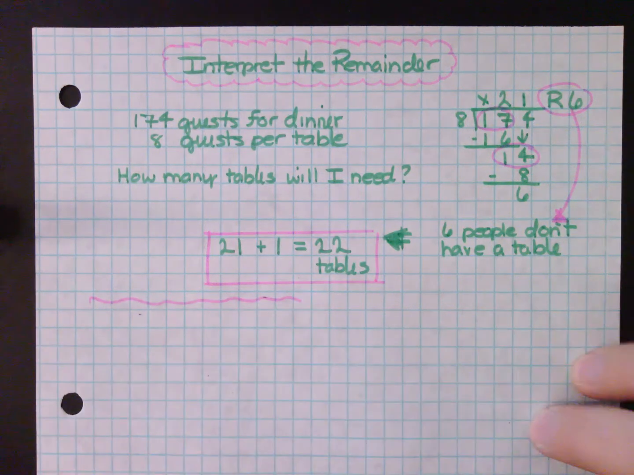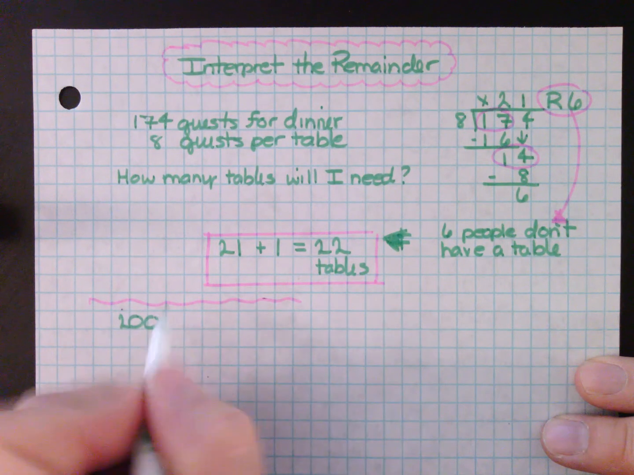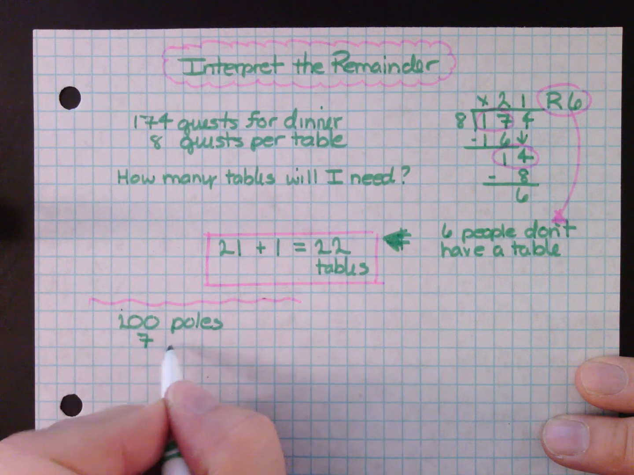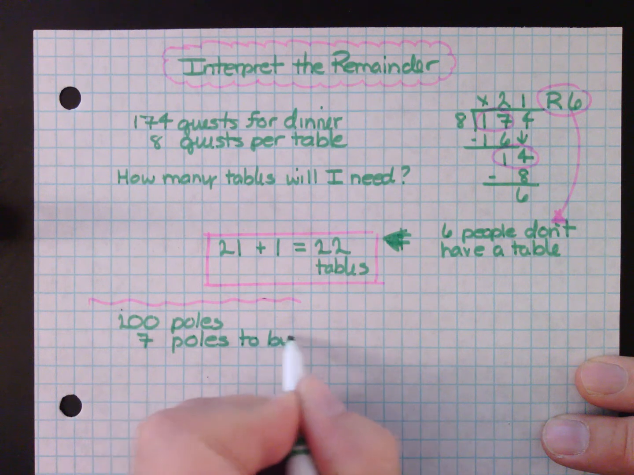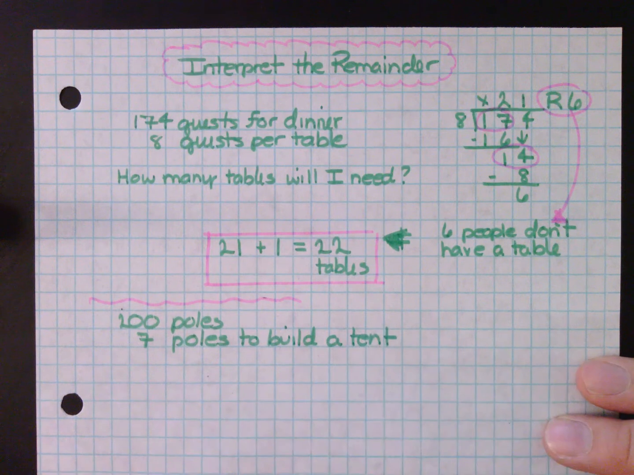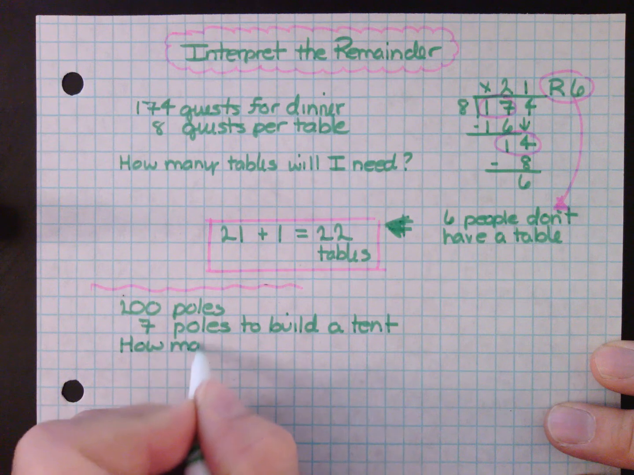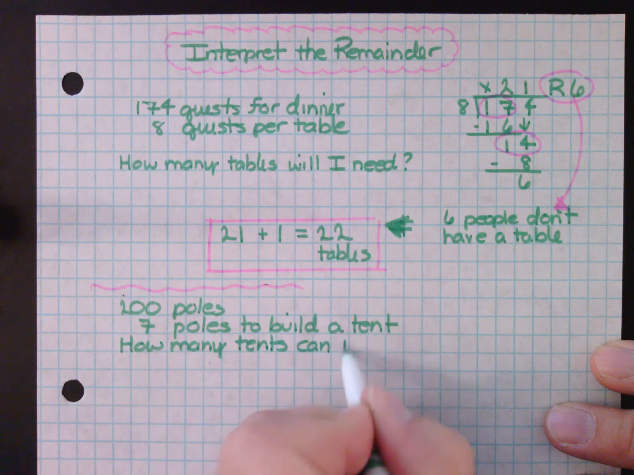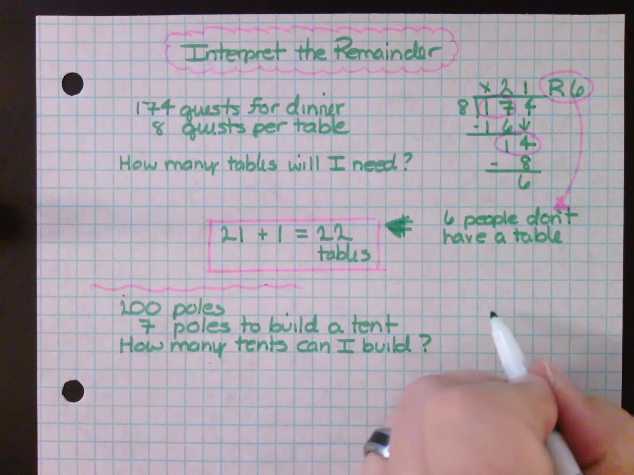So then there's another situation we can look at where, say we have 200 poles for tents, and each tent requires 7 poles. Well, how many tents can I build? Let's do the math. So we have 200